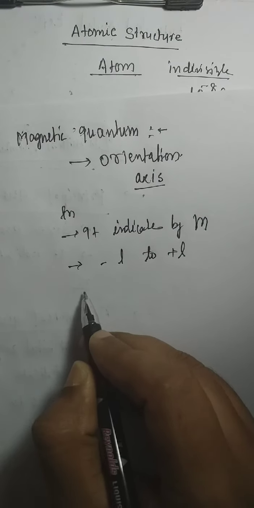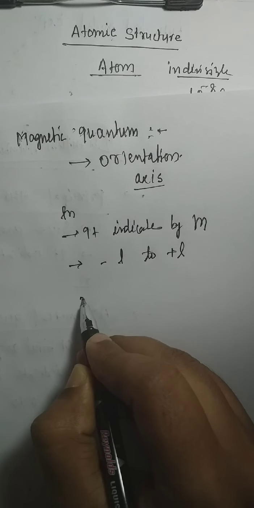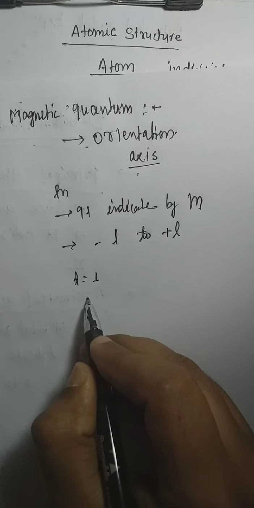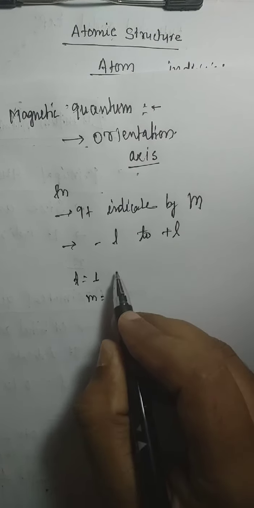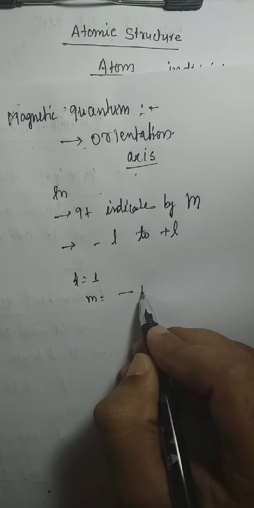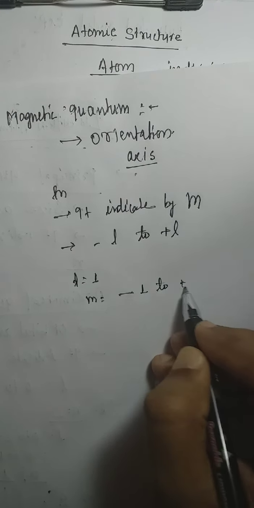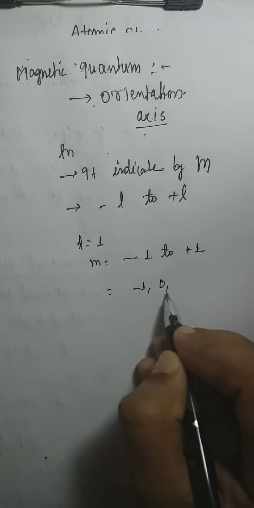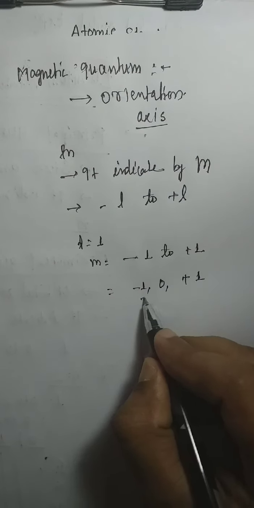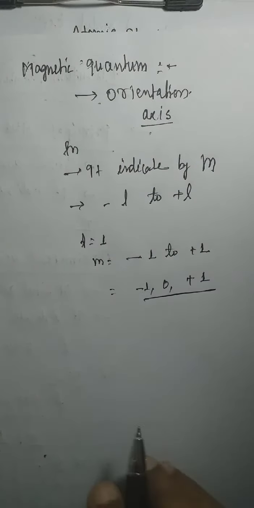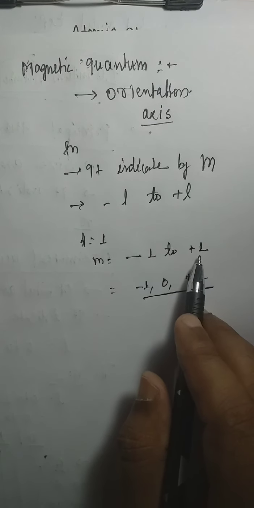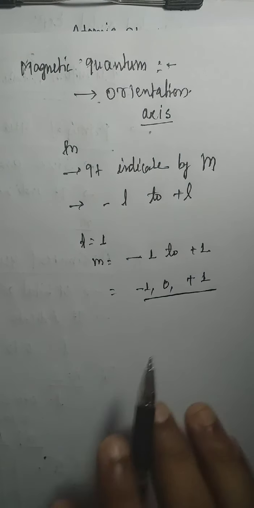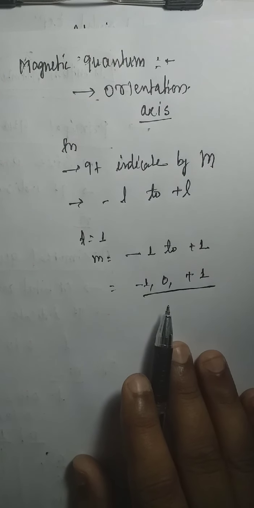If you take an example where l is equal to 1, how will we get the value of m? You know our formula is minus l to plus l. So you write minus 1 to plus 1. How many values are we getting? Minus 1, 0 and plus 1. These three values lie between minus 1 and 1. Memorize this. So minus 1, 0 and 1, all three values are responsible for the magnetic quantum number's significance.